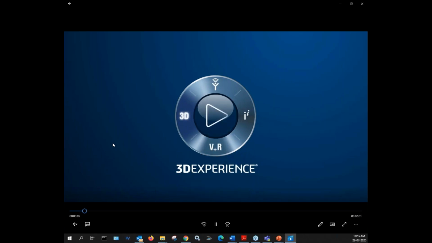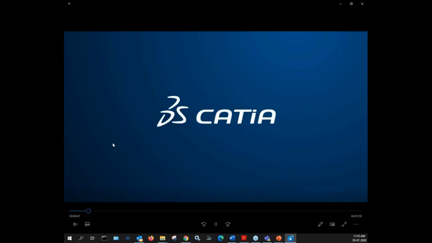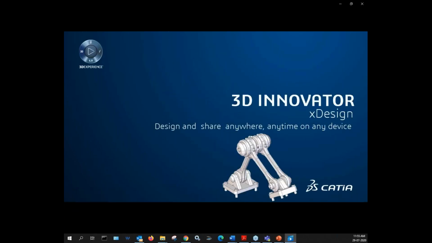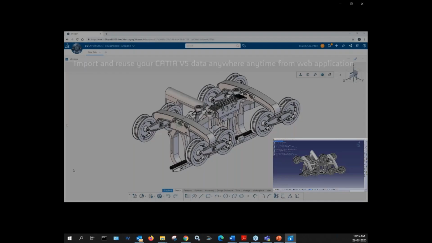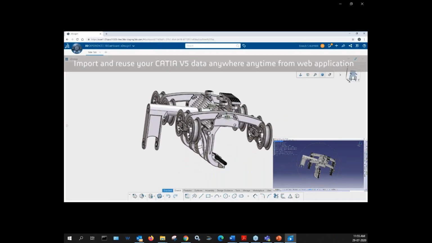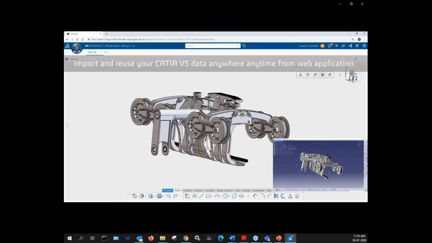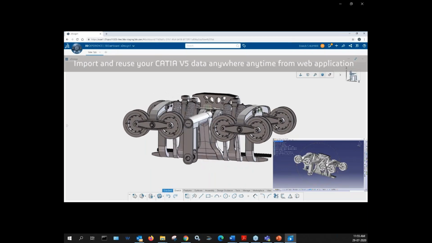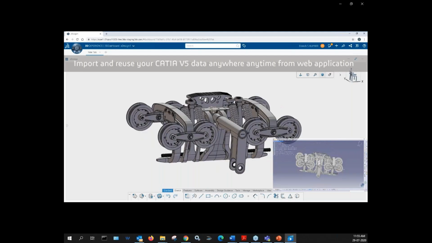Okay. So here I am covering all the 5 scenarios in a short video: what exactly 3D Innovator XDesign and share anywhere is. This is the assembly which we have imported from CATIA V5 data to the web XDesign 3D Experience.